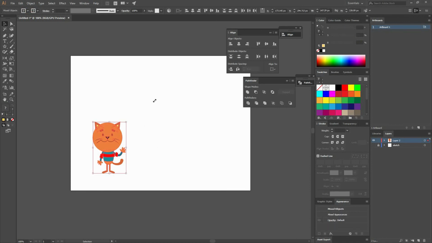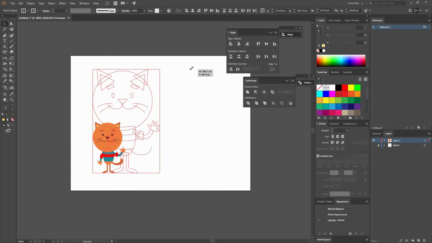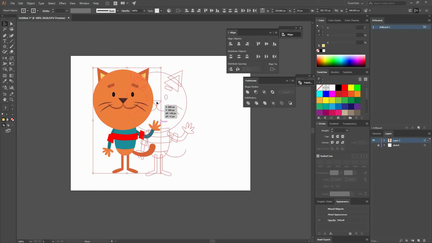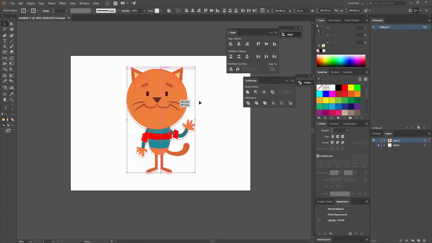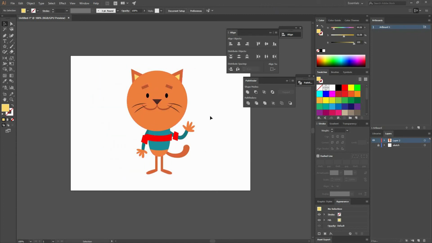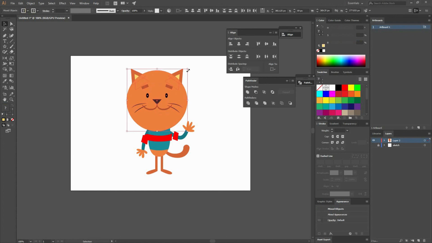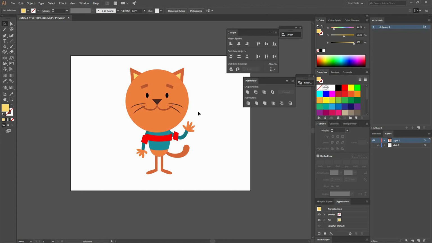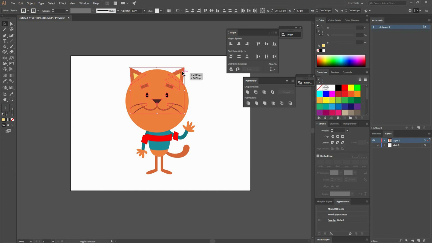So select everything and then go to one of the corners, and while you click and drag, press Shift. Now you're going to kind of center it. It really doesn't matter because the artboard is going to get built around the cat. So now you could make little adjustments, like for example here I made the head a little bit bigger. And maybe the face a little bit smaller.